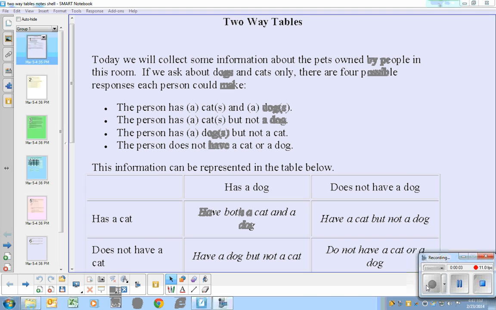Hello, this is a video lesson about two-way tables. This is part of our Statistics Unit 3. Unit 3 in our class is all about looking at situations where we have two variables. So far we've looked a lot at scatter plots because scatter plots are a graph that can represent two variables